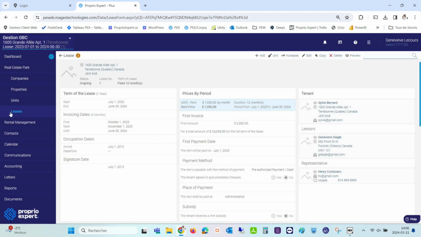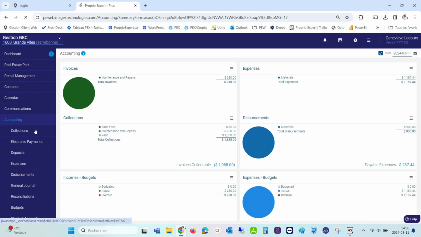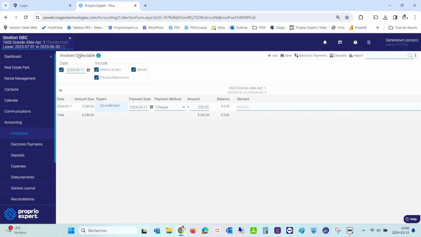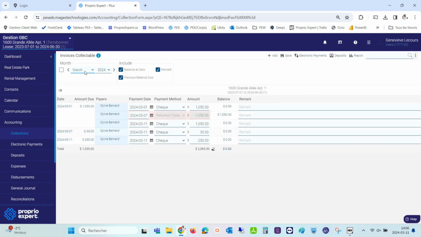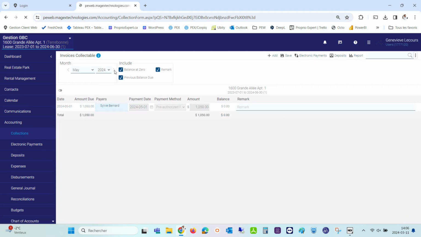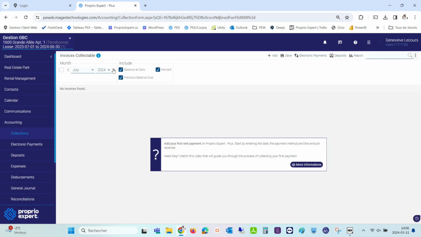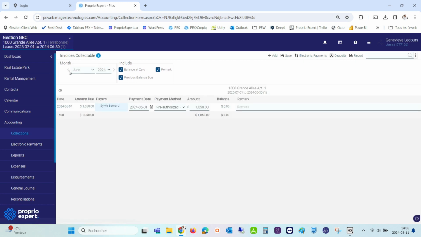To be able to see the collections, we have to go on the accounting side, in the left menu, and click collections. I will uncheck the dates to be able to see every month since March. If we check the next months, May was pre-authorized, and also June until the end of this lease. So it was finishing in June. And since in my lease I put on the third page that it was pre-authorized payment, the payment is already made. So I will just delete the collections to show you what it looks like